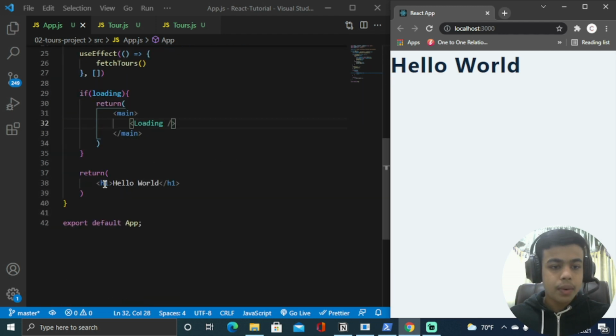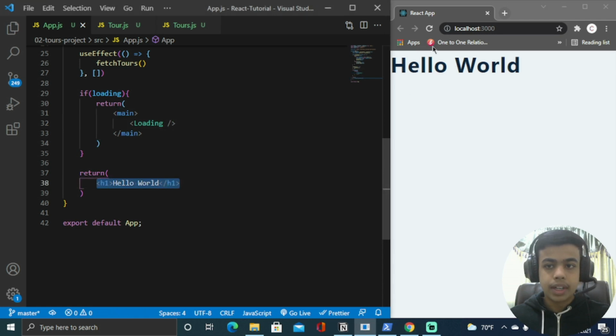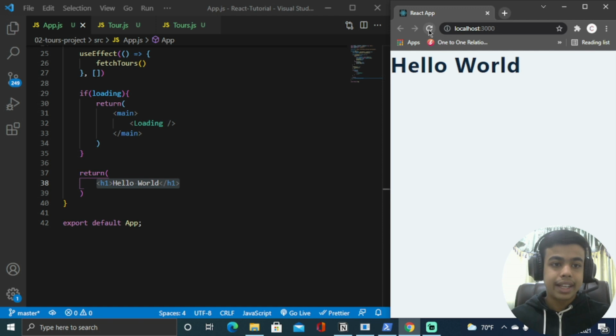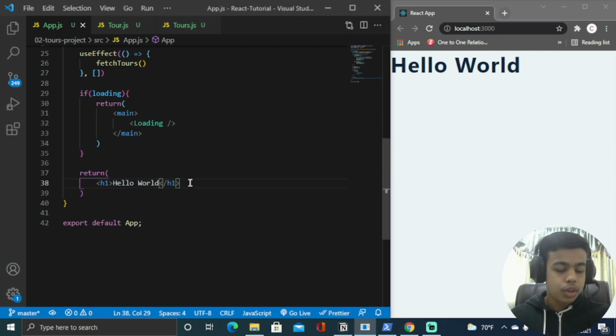Now inside our return, we are returning hello world. So now when I reload the page, it's displaying us loading, and when we are getting our data from our API, it is displaying us hello world because we are returning hello world. So I'm just going to remove this h1 tag from here,